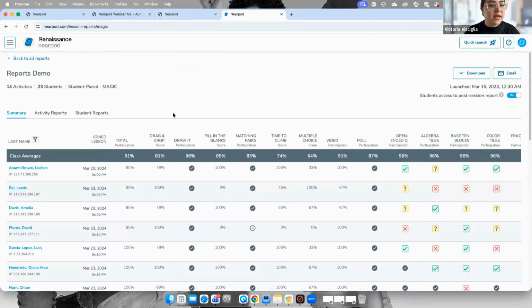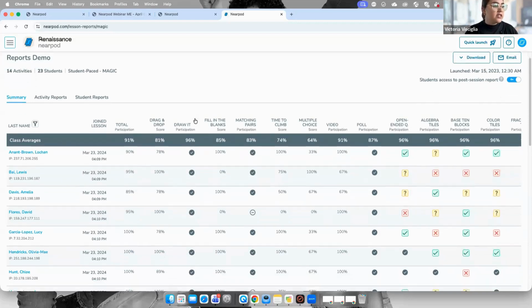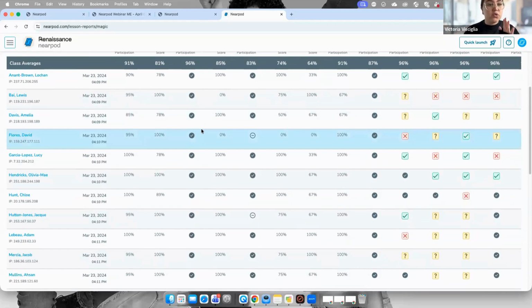This is what a report would look like if I created a Nearpod lesson that had all of the available activities and I had graded everything. I am that teacher that does absolutely everything. First and foremost, that is not the expectation. If you share a Nearpod lesson with all of the activities, the students will be a little bit overwhelmed. It's probably not going to be good on the pedagogical side. In the same way, if you share a lesson with no activities, it's not going to be engaging on the Nearpod side. So what we encourage is do not do this, but this is how it will work